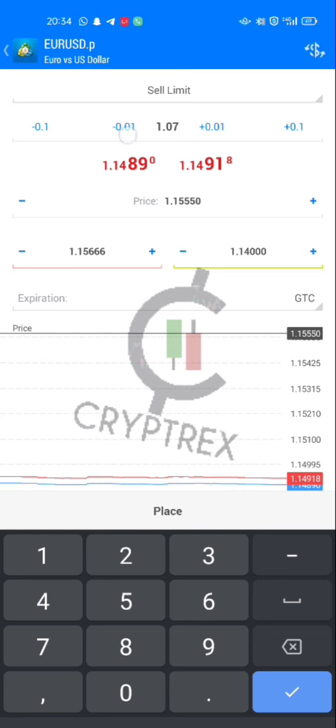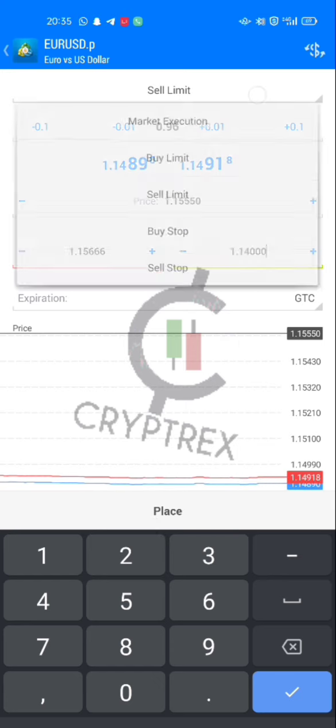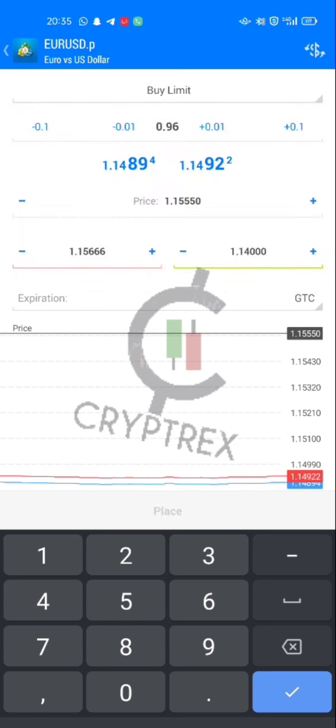Yeah, and then you set up your lot size here. This is plus, this is minus, depending on the account that you're using. I have a chart for lot size which I will upload in the academy group, so that depending on the account or the amounts that you have in your account, that chart gives you the lot size to use. So you can set up your lot size here, and then you click right here on place. This is for a sell limit. You can also do the same for a buy limit depending on what the signal tells you to do.